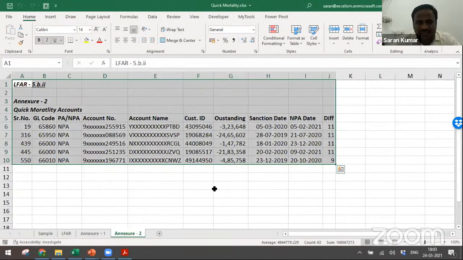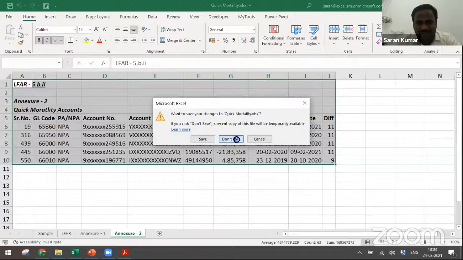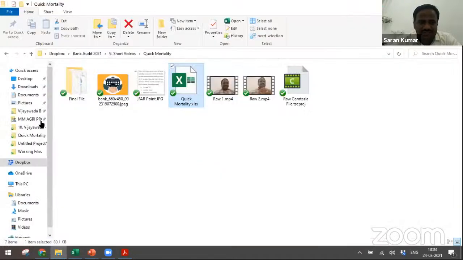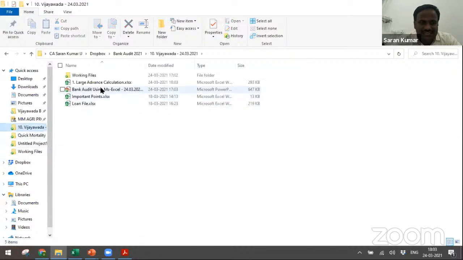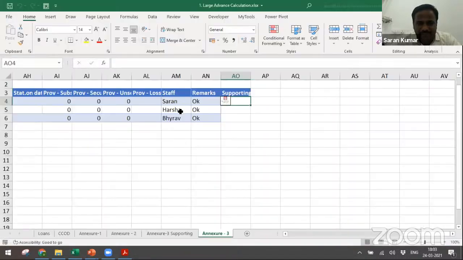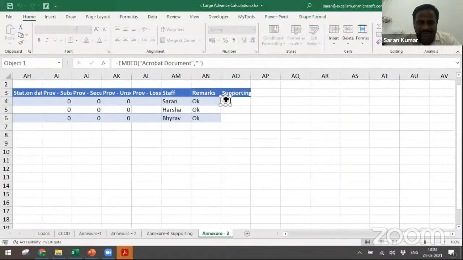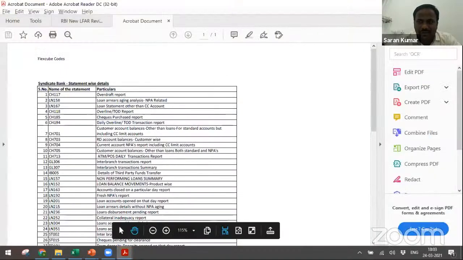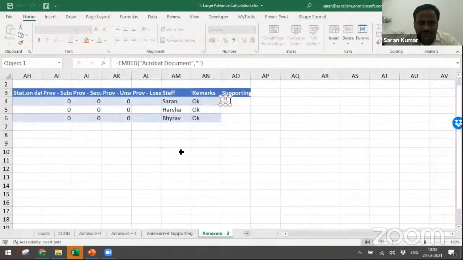Let me close this without saving, it's not required. And if you open this, even if I send this file to you, you can also open this file. Just to verify the proof, you can just double click this. Once I double click, it opened here. You don't believe, is it? Let me close this. Check it out.